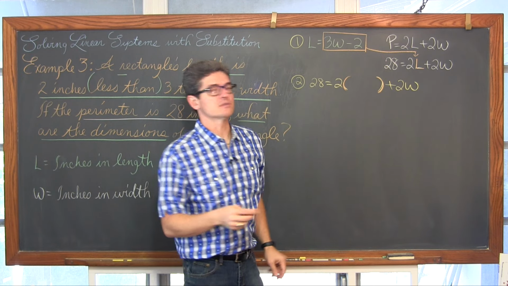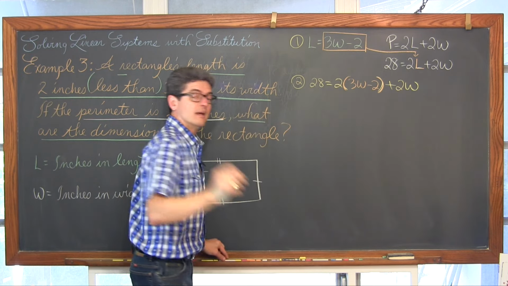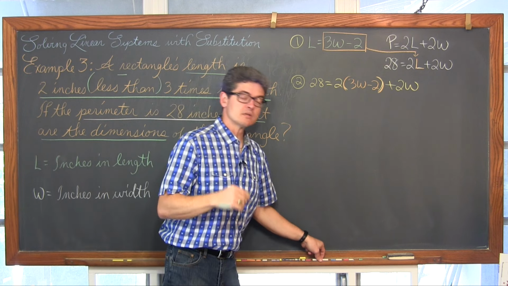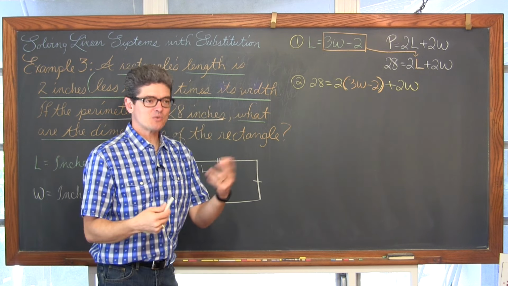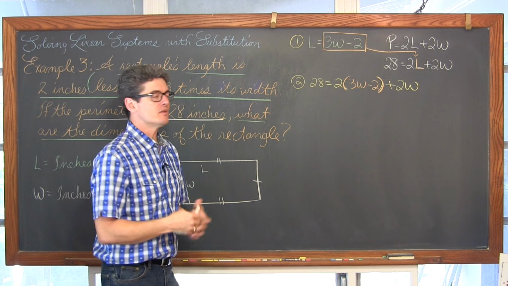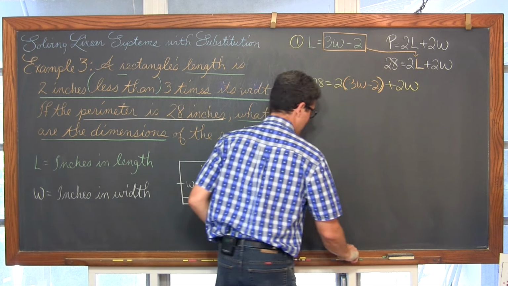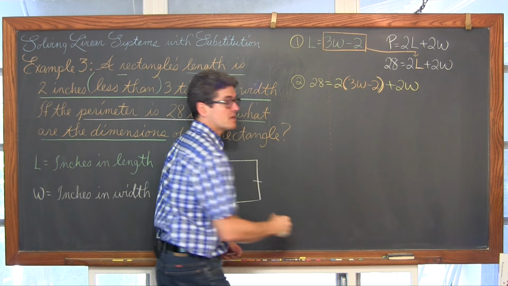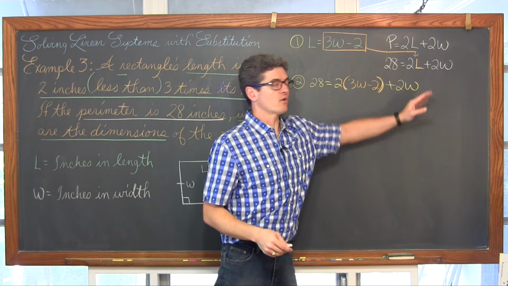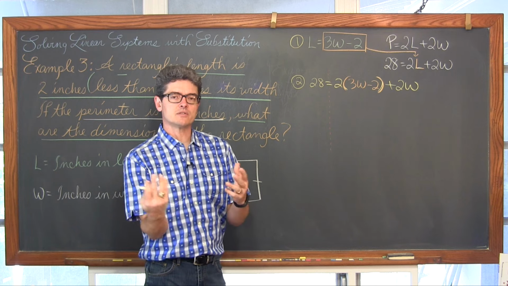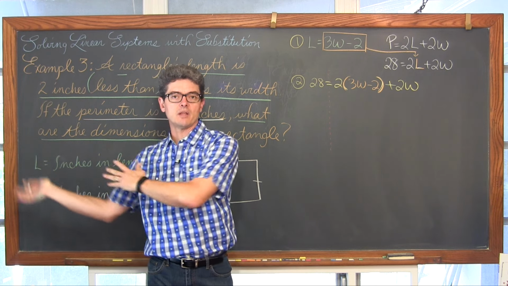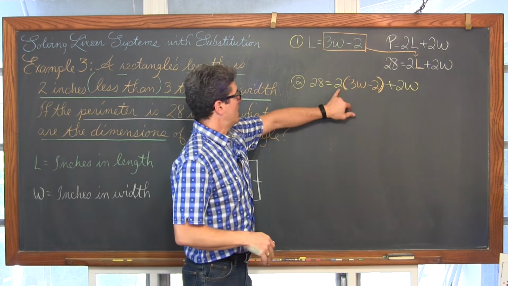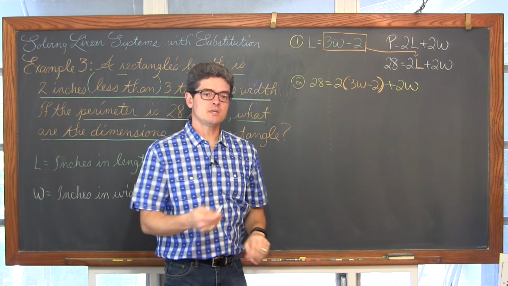And that something that is going in for the variable L, coming from the other equation, is 3W minus 2. And we're revisiting those steps that we practiced quite a little while ago now of solving those multi-step equations. You have an equal sign breaking up the two sides of the equation. All of our variables are on the right. We should be comfortable solving for equations, whether the variable's on the left or on the right. We're going to distribute to get rid of those parentheses.